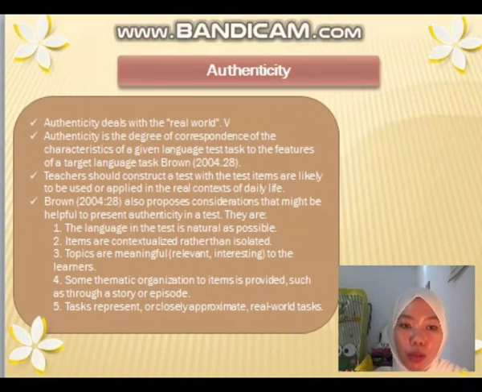Items are contextualized and related to each other, topics are meaningful and relevant for the learner, and the task represents or approximates real world tasks. Authenticity deals with the real world. Authenticity is the degree of correspondence of the characteristics of a given language task to the features of a target language task, Brown. And then the teacher should construct a task with task items that are likely to be used or applied in the